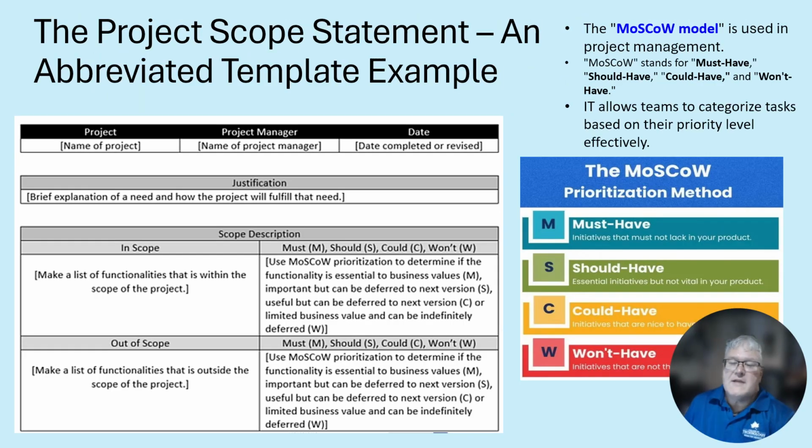So, when you're putting together your project scope, I'm providing an example down here as a reference to talk about. You may want to use a MoSCoW method for prioritization purposes. MoSCoW pretty much means that it defines the must-haves, things you have to have in the project. You have your should-haves. These are things that are essential, but they're not necessarily vital to the end product that